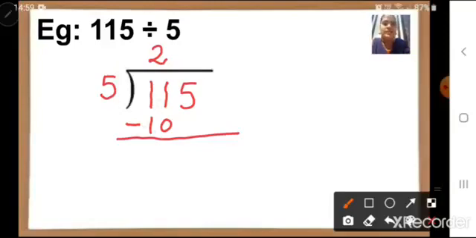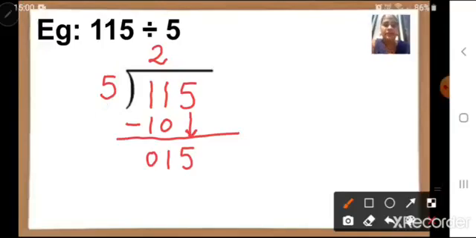It is normal subtraction. How do we do it? Start from here. 1 minus 0 is 1 and 1 minus 1 is 0. So here we got number 1, correct? Now children, the next step is to take the next number down, which is number 5, right? So I have made an arrow here, then number 5 will come down. Now what do we have here? Number 15. Now number 15 also we have to divide by 5, correct?